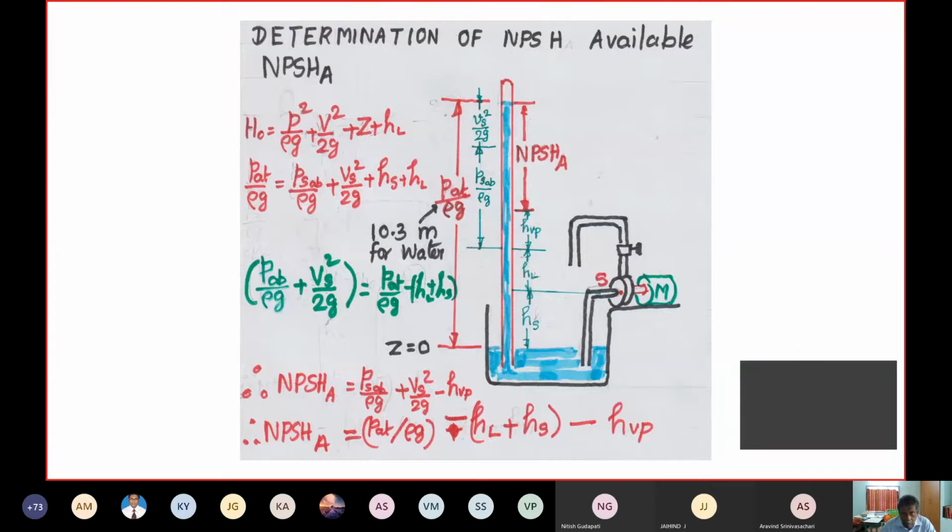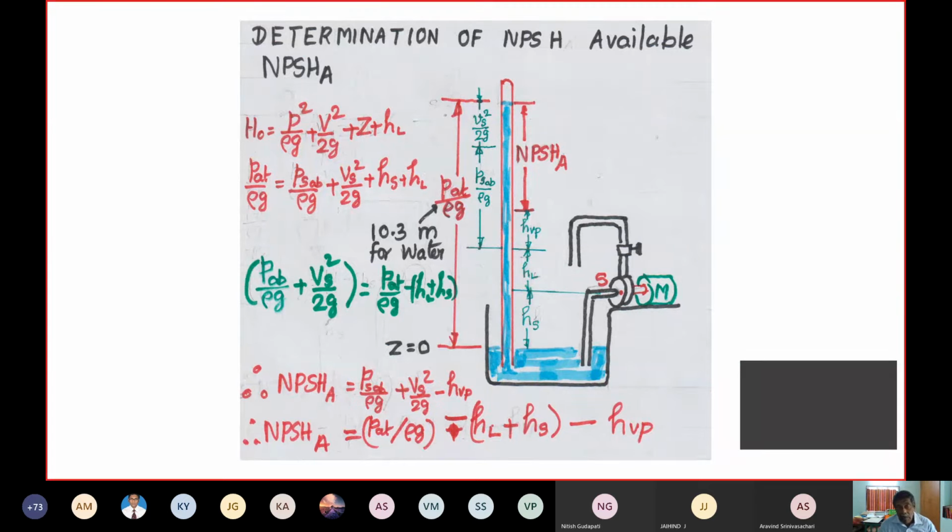Okay, Bernoulli's equation. So here the total head available is atmospheric head given by P atmospheric by rho g. So that must be equal to PS absolute by rho g plus V square by 2g plus HS. HS is the corresponding Z value. Z equal to 0 is the level at water surface, I have indicated Z equal to 0. From that we measure. So the atmospheric pressure must be equal to the sum of all these.